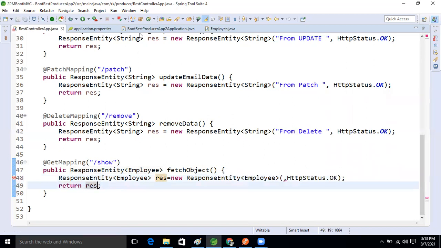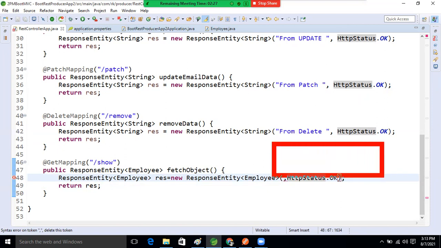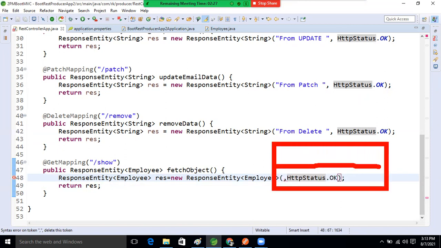But here we need to send the data, right? So here we can send the data. This is the body section, right? Come on everyone, I explained the body section. This response entity has how many parts? Two parts, guys. I hope you remember it, right? It will have a status code and a body section. So one section is the status code and the other is the body. In the body we can store data or not, guys?